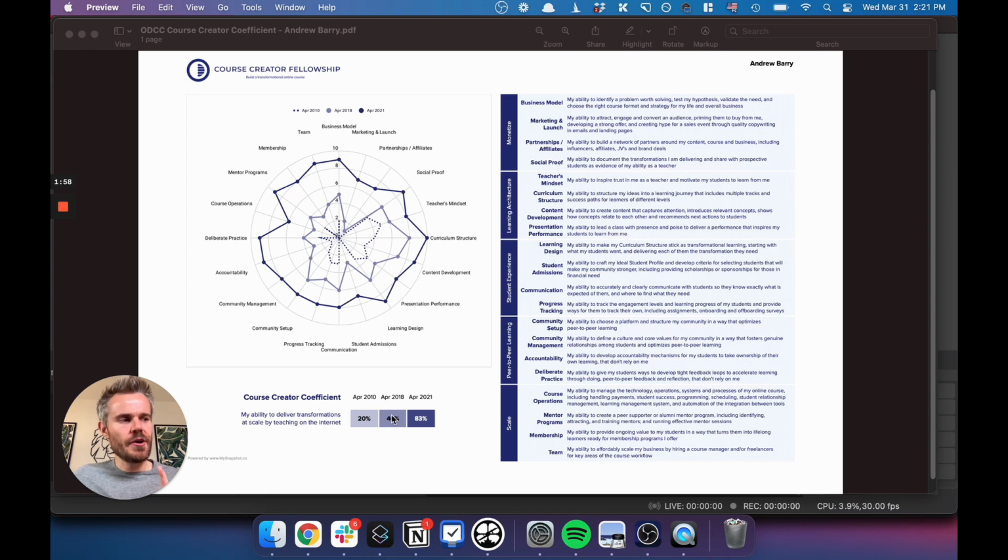I was still learning very much about the business side of what is true for course creation or running a service-based business as well. But at that point, I knew a lot more about learning design, so you'll see that come through. And then this one is today's score, which shows that I'm fairly proficient in a lot of the things that we're going to be talking about, some more so than others in the cohort. It also shows that there's room for improvement. And that's the beauty of this: you get a very visual representation of where you need to improve. So let's dive into a bit of the detail here.